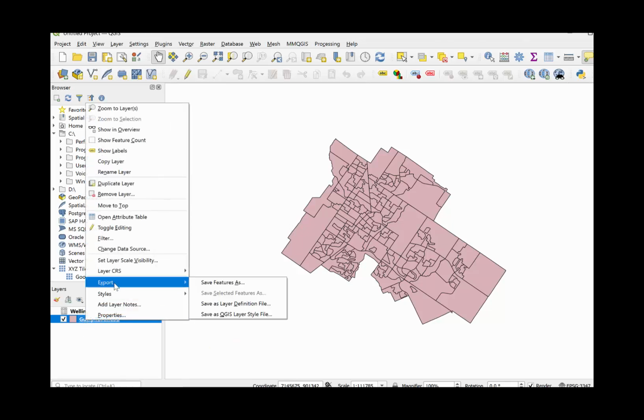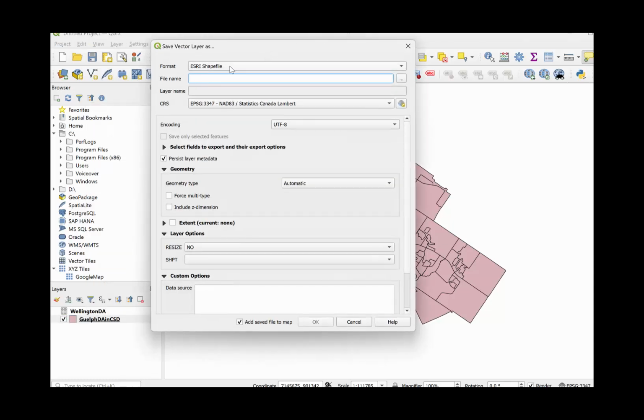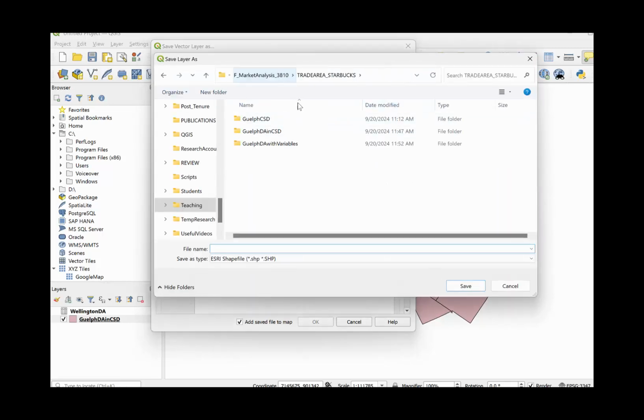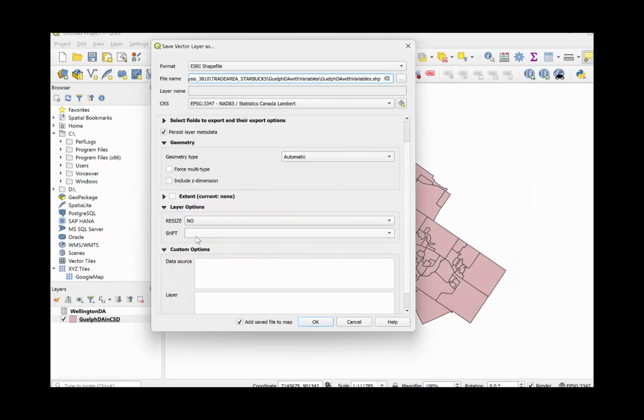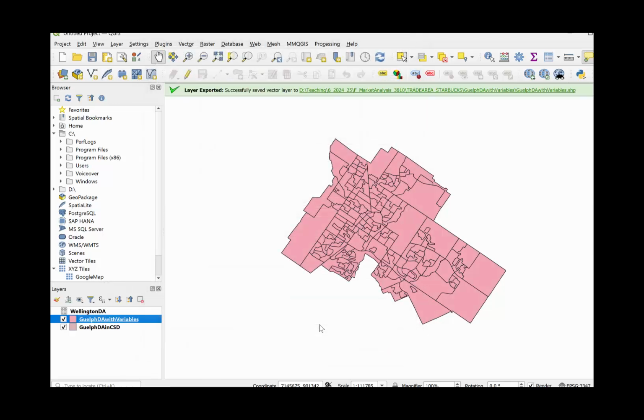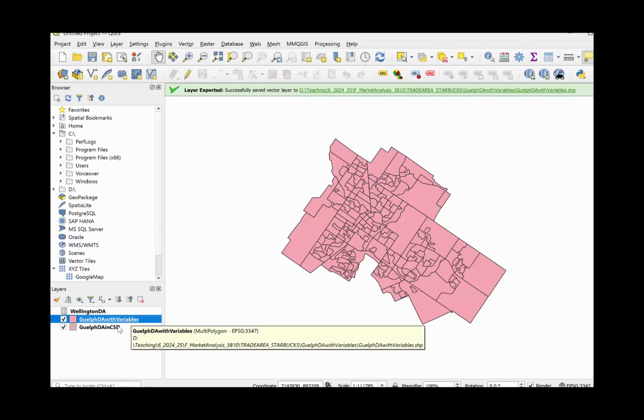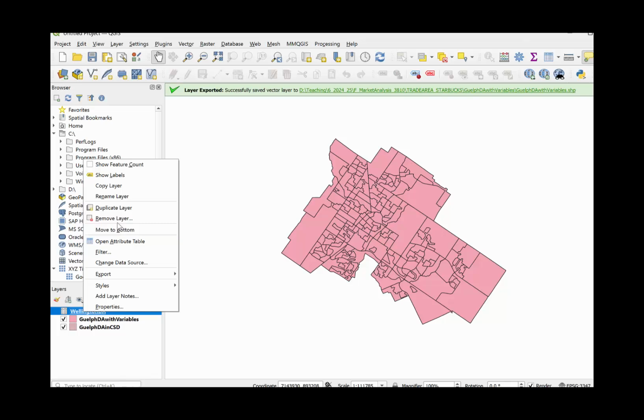Right-click your mouse here. Now export. Save feature as. I still want to keep it as a shapefile. So let me save it as guelph.da with variables. Save that in the directory, guelph.da with variable shapefile. Save. Nothing to change for the projection, and OK. Now, this layer would be the one that we just added. So let me delete everything